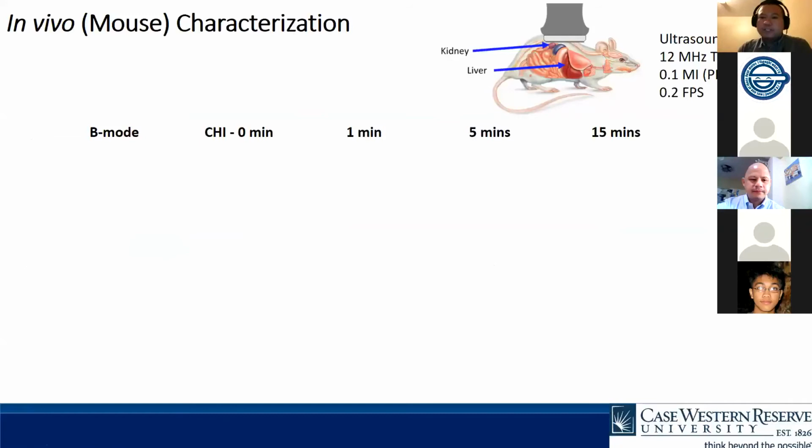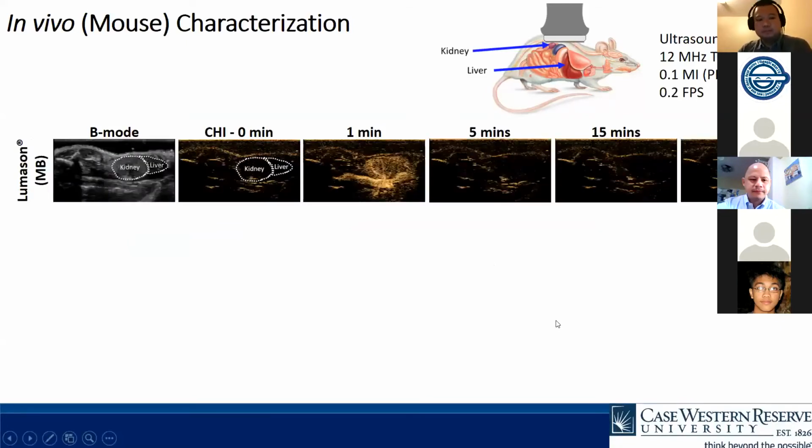So after learning all those in vitro, we are now ready to study it in vivo. So we injected these nanobubbles into the mouse and imaged the kidney and the liver. But as a baseline, we also imaged a commercially available microbubble known as Lumason. Here you can see in the B mode the kidney and the liver. Before injecting Lumason, we don't see